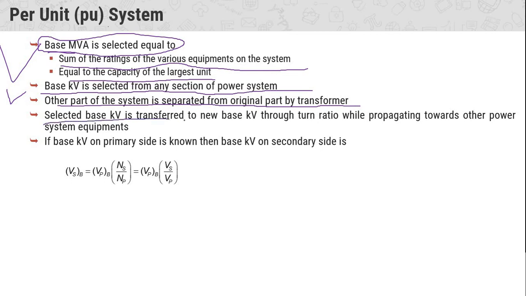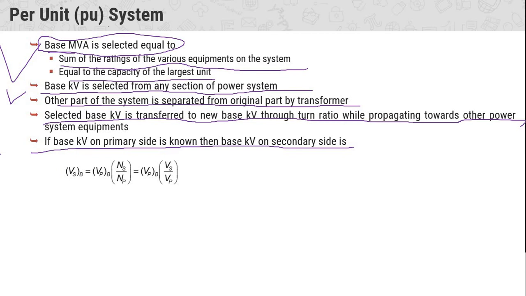The selected base kV is transferred to the new base kV through the turns ratio while propagating toward the power system equipment. If the base kV on the primary side is known, then the base kV on the secondary side is Vs base equal to Vp base into Ns by Np. So if the transformer is connected between these two systems, then the base kV is